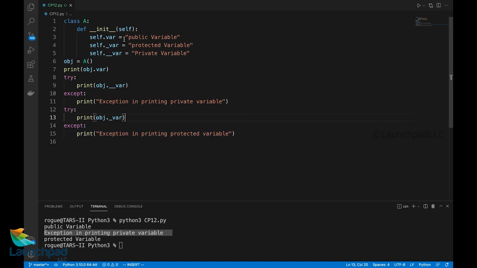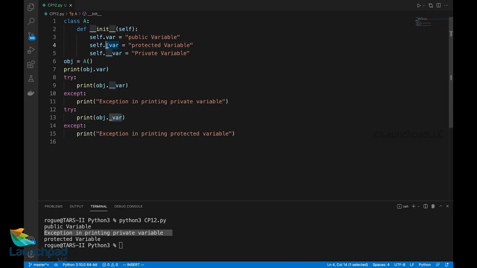As you can see, we also previously discussed how to use underscores in Python and how essential they are, and that is how it is made use of here. A single underscore before the variable name makes this variable a protected variable. A double underscore before the variable name makes this variable a private variable. That is how private, protected and public variables are created and accessed in Python programming.